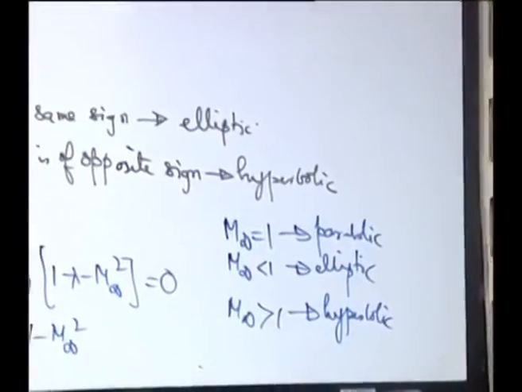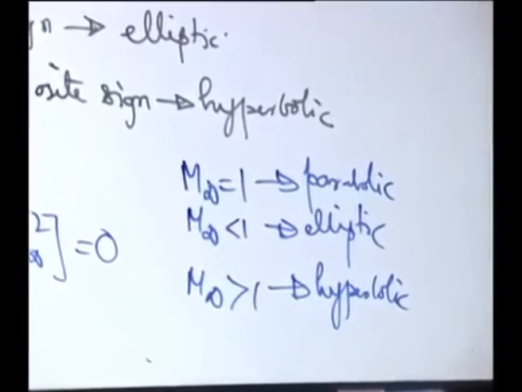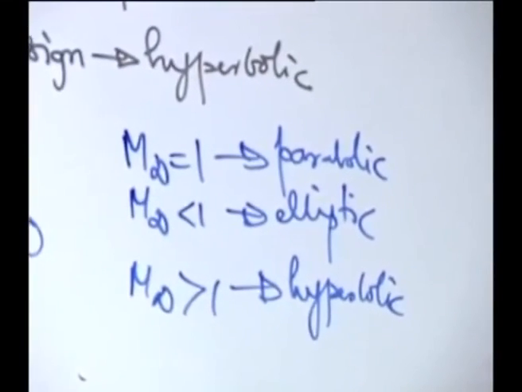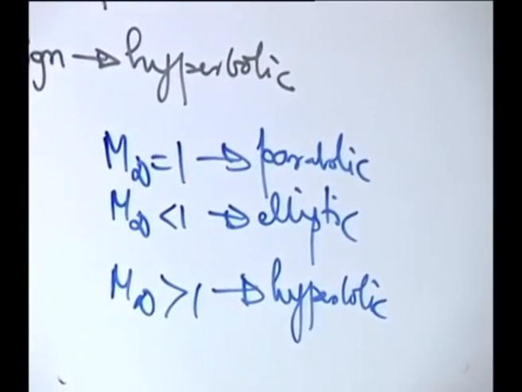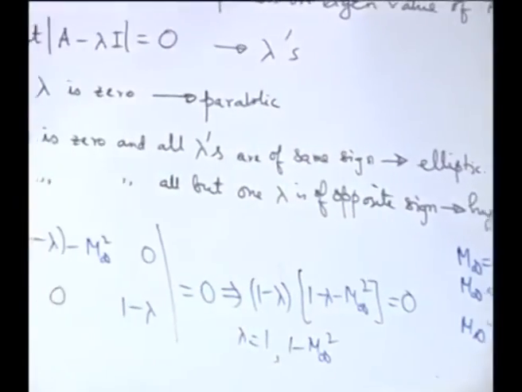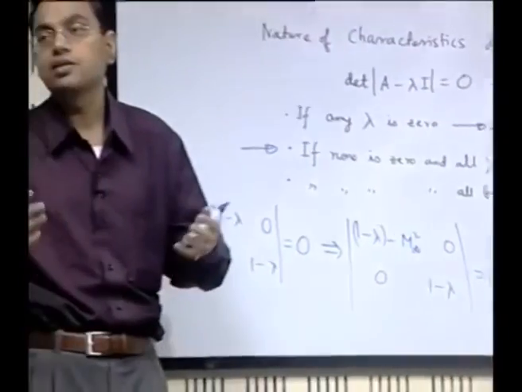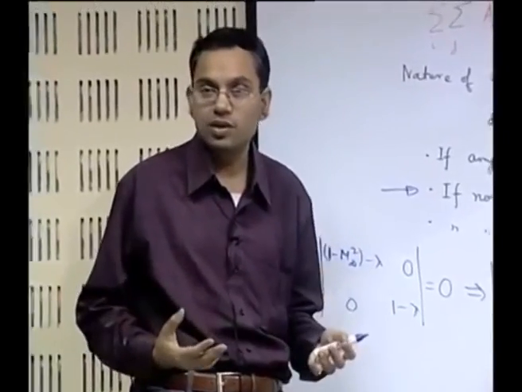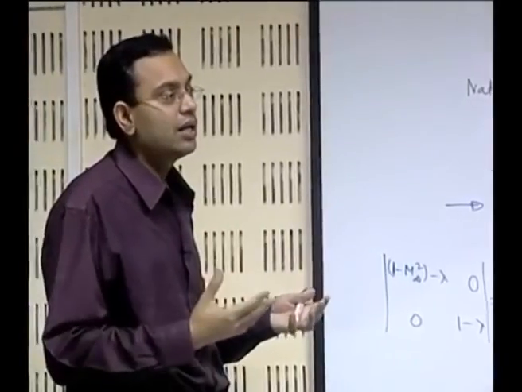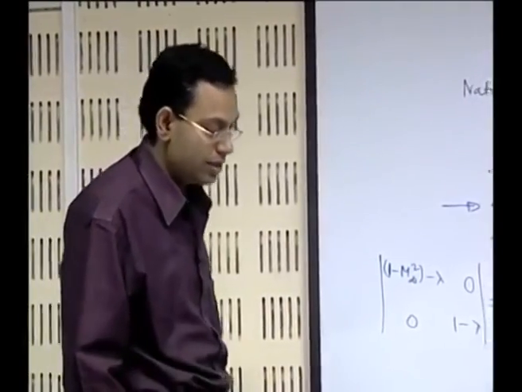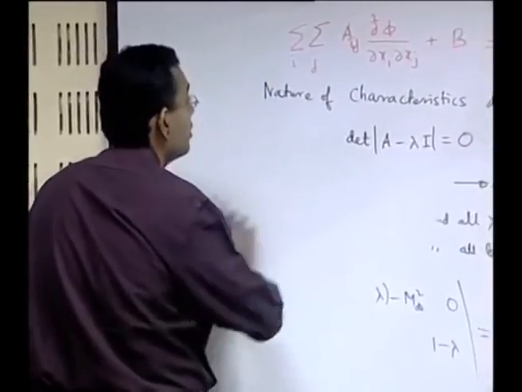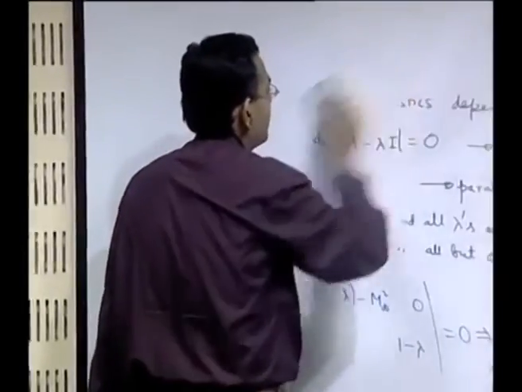Now, till now we have considered classification of second order partial differential equations, but in many examples we may come across first order partial differential equations which may be applied to examples in thermofluid sciences also. Let us consider one such example and find out how we determine the nature of such an equation. So let us consider a problem through which we will illustrate that.